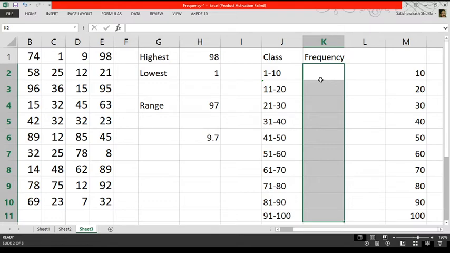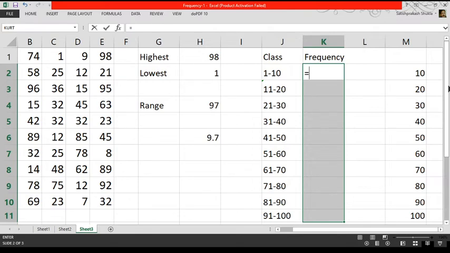Out of those, first, we have to select all the cells in which the frequencies are to be entered, and here we have selected those cells, K2 to K11. Now we have to leave the keyboard and simply press the equal sign. As soon as we press it, it is entered in the first selected cell, K2. Look on the screen.